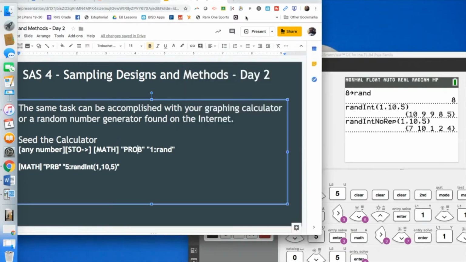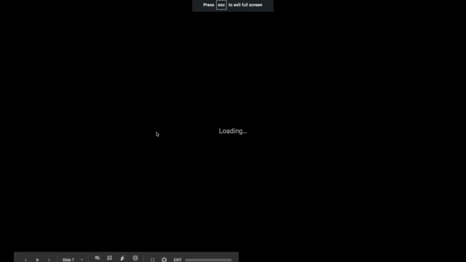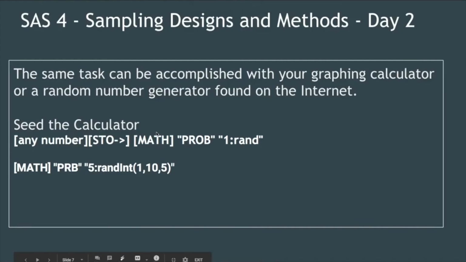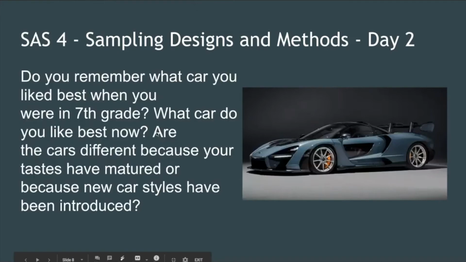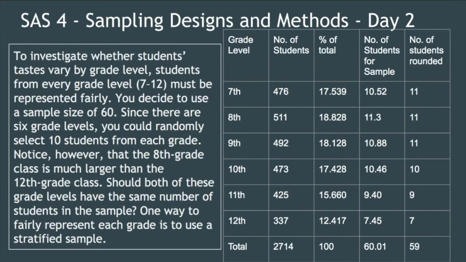All right, so let's get back to this lesson. That's how you use a random number generator on the calculator. And do you remember what car you liked best when you were in the 7th grade, and what car do you like best now? Are the cars different because your tastes have matured or because the new car styles have been introduced? So they surveyed school-level students between 7th and 12th grade. And they want to use, out of the 2,714 kids, 60 students to see what kind of cars they like,